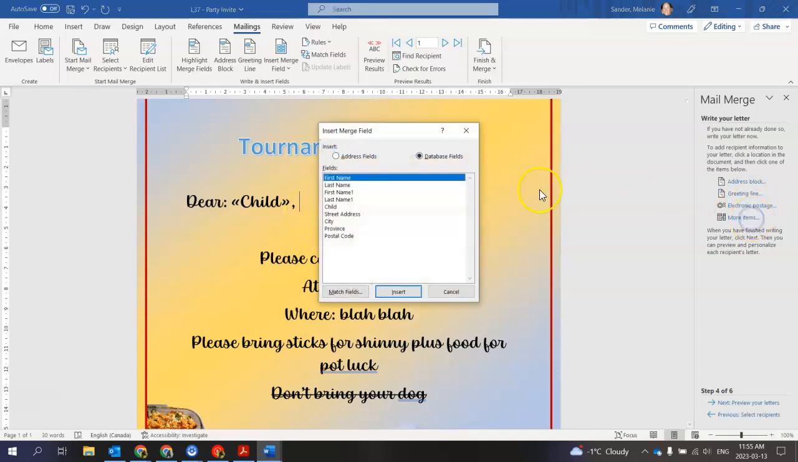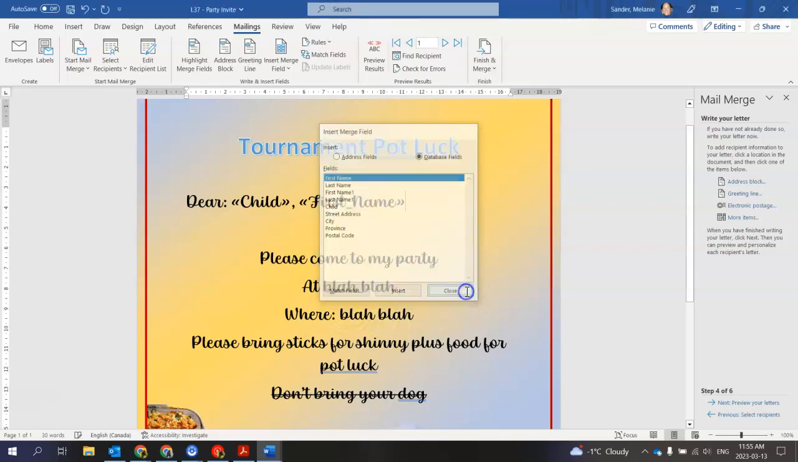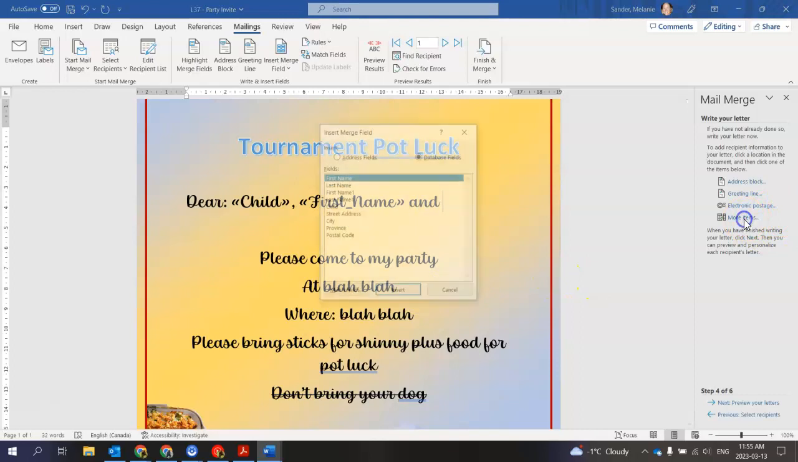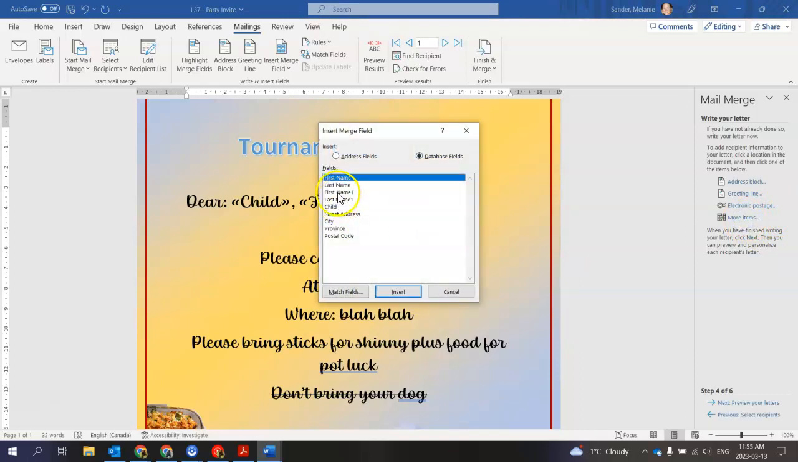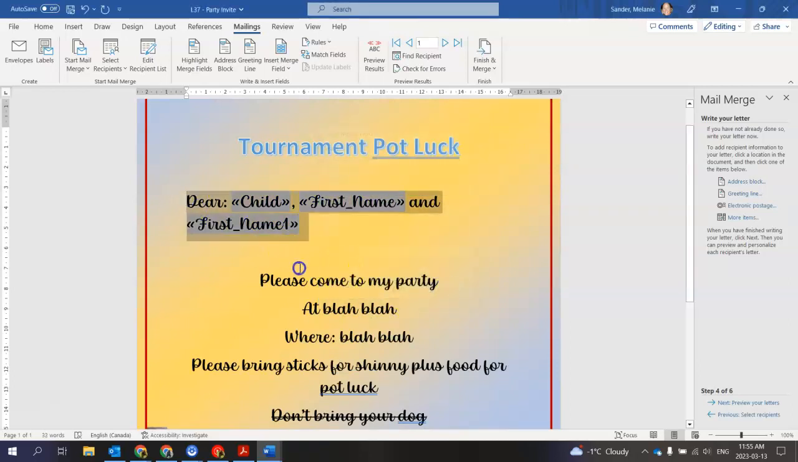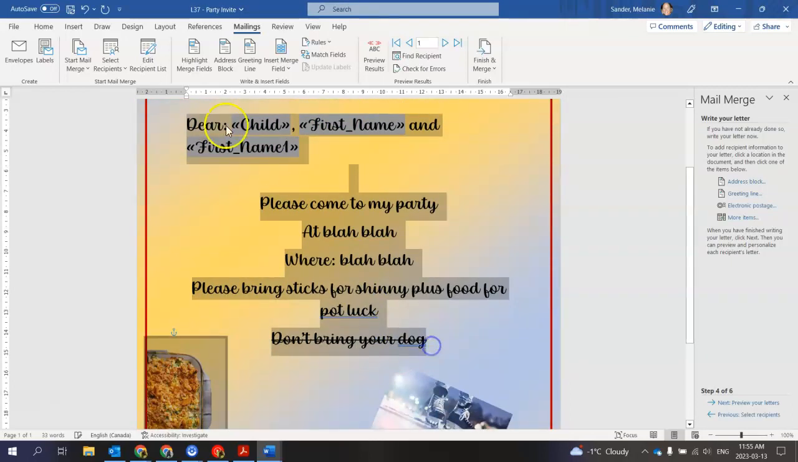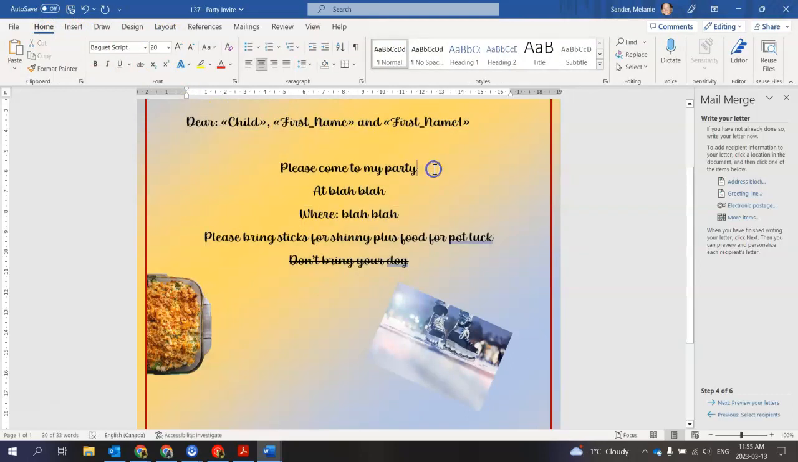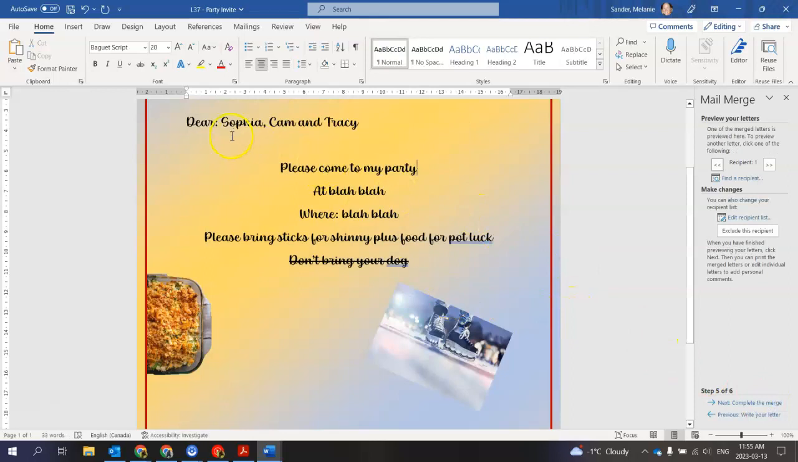And I'm going to go back into here, More items, and I'm going to say the first name of a parent, and then close, and I'm going to say "and", then more items, the first name of the other parent. Okay. And we're going to close that. Now I see that my spacing is all wrong because it's a little bit big. So I'm just going to go back Home, and I'm going to make it a little bit smaller here, just so they all fit on the same line. Okay, so preview your letter, and boom,